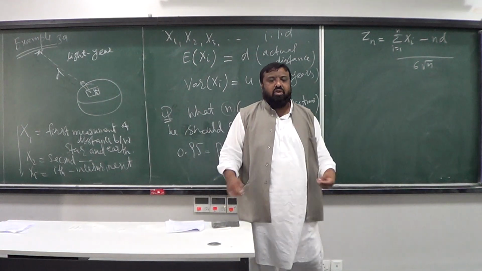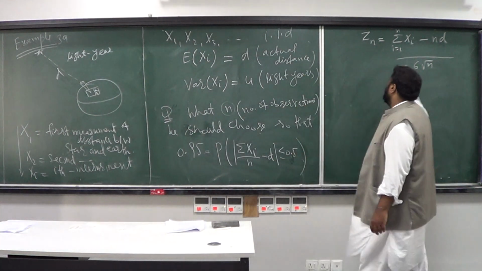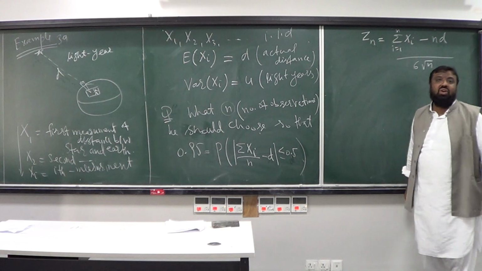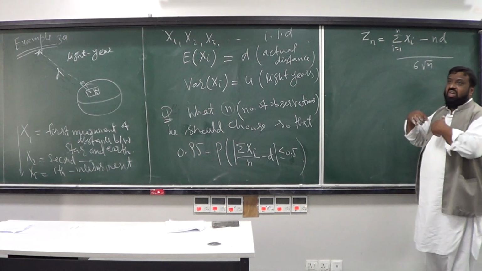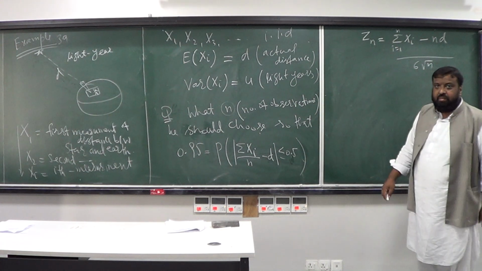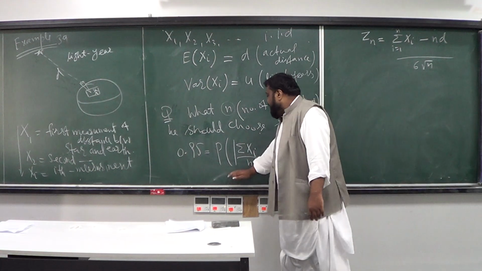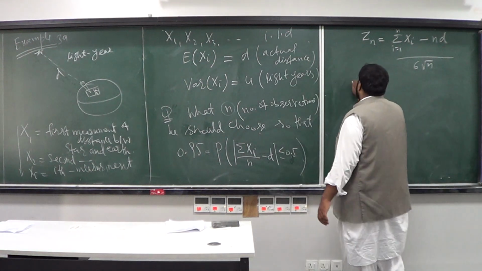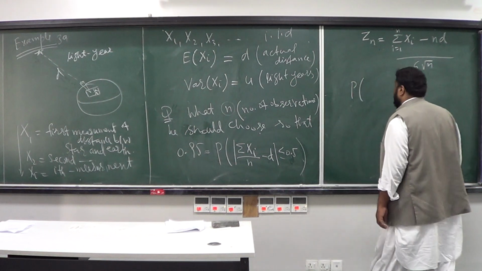In other words, as the number of observations gets bigger and bigger, this Zn will become the standard normal random variable. So let's come to, for example, this probability. This probability says that